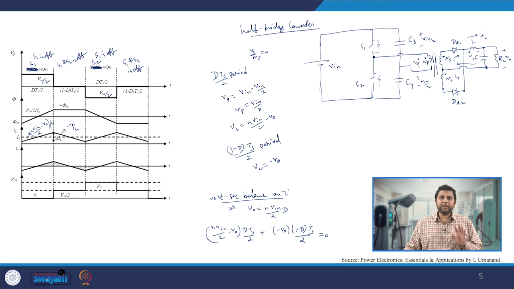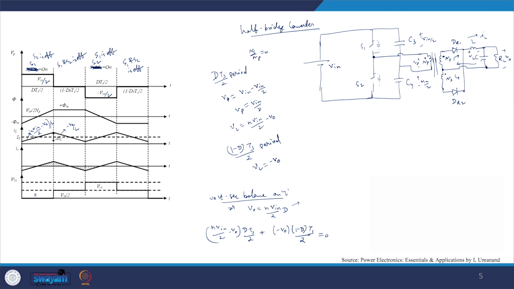So it is similar to that of the full bridge, except two things. One, the output voltage is actually reduced by 2, because we are now using just one half bridge, and the other half bridge is made up of series connected capacitors. So we have reduced the DC bus utilization by half the voltage. However, we do not now use 4 switches, we just have to use 2 switches and 2 series connected capacitors. So this is all about the full bridge and half bridge converter.